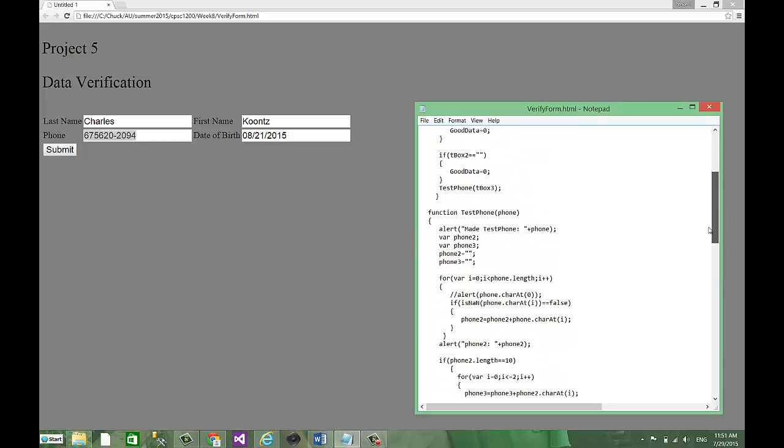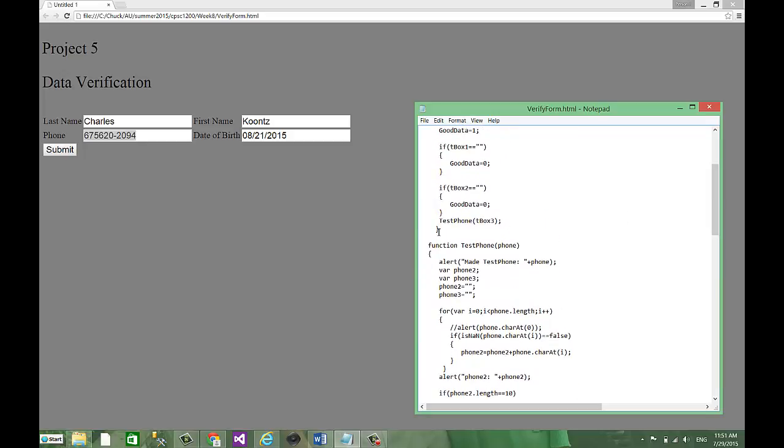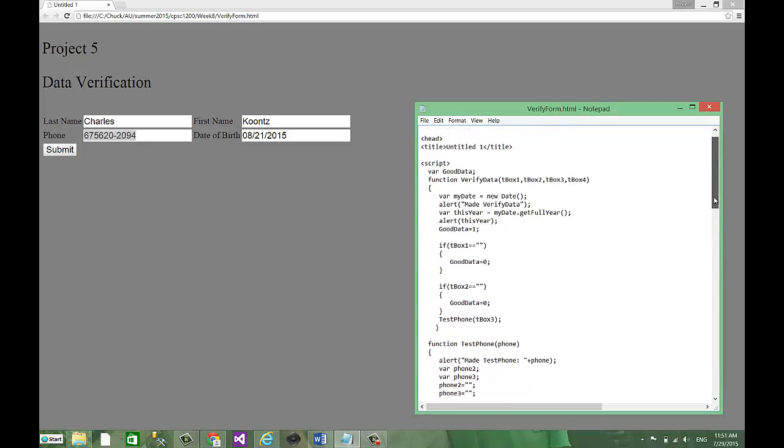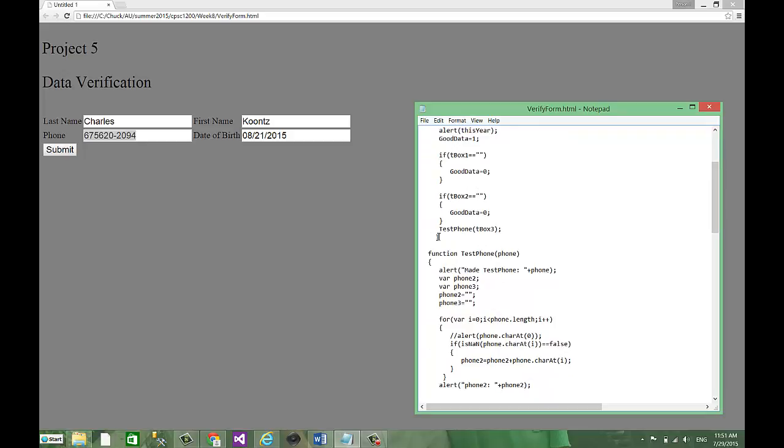Alright, so that all happened whenever test phone got called up, and then when test phone gets called up from function verify data, that's everything that I have written in the way of program code. So that's how my program code works. You can watch this video many times. You can study the code that I'm going to provide you, and you can go to the W3C school tutorials and learn more. But eventually you've got to understand all the nitty-gritty details of this